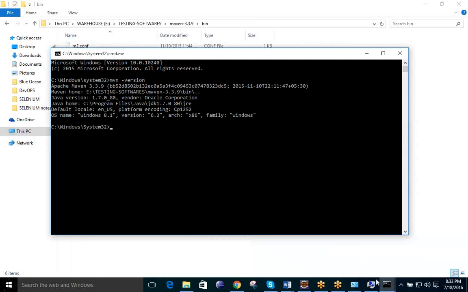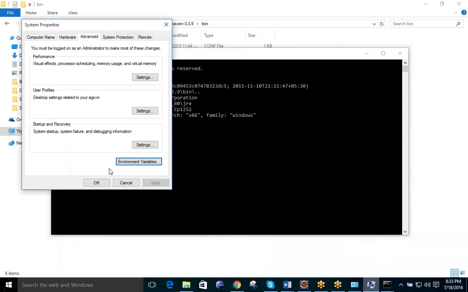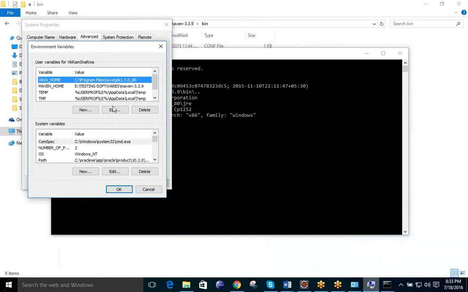So what you have to do is simply go to the location of the environment variable again, and you can see here I have given the location of Java, where Java is installed in my system. In my system it is installed in C Program Files, and this is the location. Without any bin, you simply give the location of Java. If it is asking over here that Java home is not set, then only you have to give it, otherwise leave it.